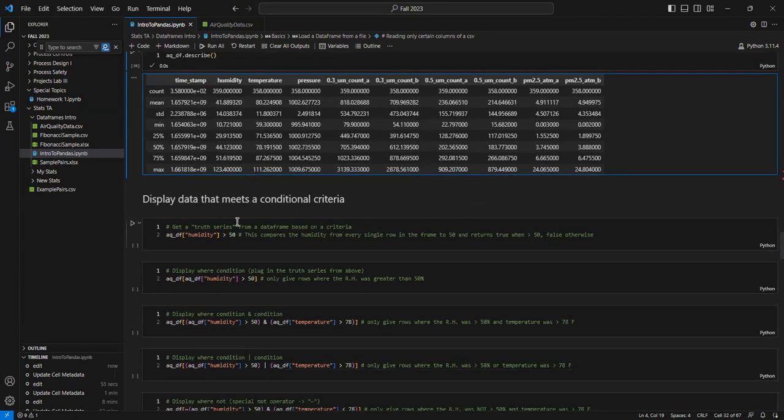Okay, speaking of, it's important to be able to display data that meets a conditional criteria. So if we want to know all of the days or all of the times at which a humidity was recorded which was greater than 50%, we're going to need to have Python run true or false for these. And we wanted to be able to do that without a for loop. So Pandas has this really convenient method of